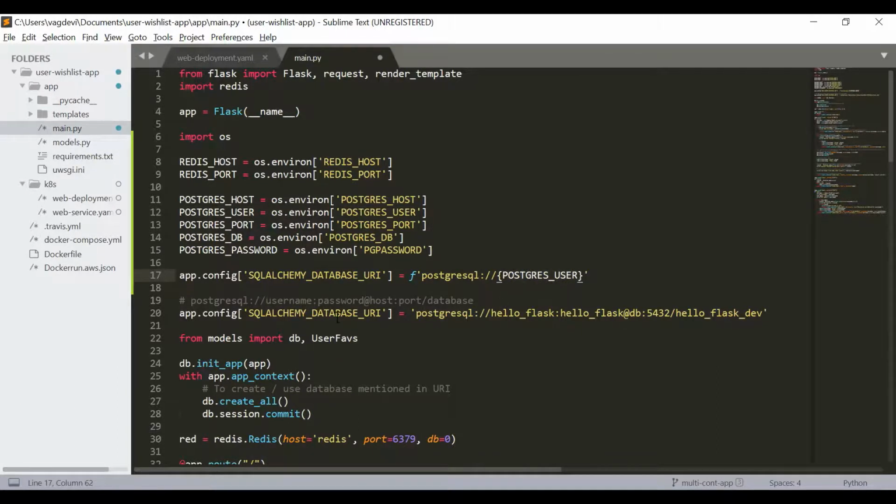Okay, so the first one is username after PostgreSQL colon // then the username, then again the colon, curly brackets, inside that Postgres password, and then @, then host, which is nothing but the Postgres host,